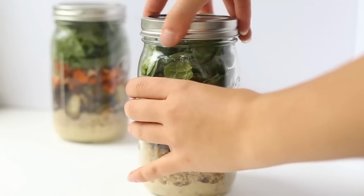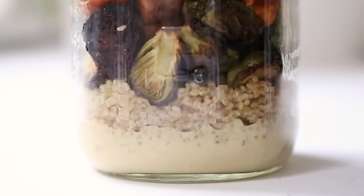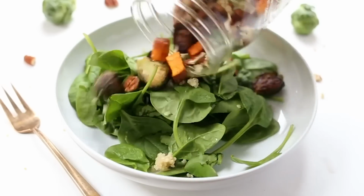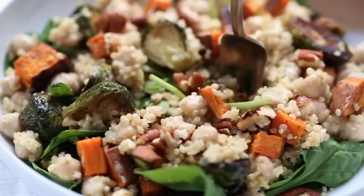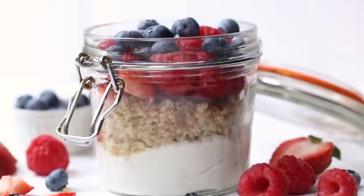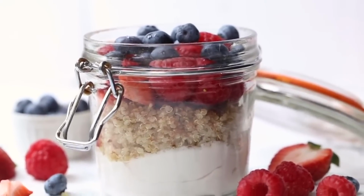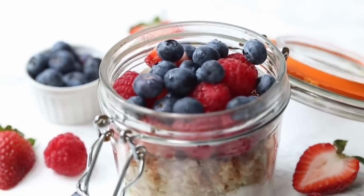So I personally use mason jars in my pantry to store things like nuts and seeds and grains and things like that, but I also use them for food storage and for food prep. I love the giant mason jars, like the quart-sized mason jars for things like soups and smoothies. I love the smaller ones for things like dressings or little snacks. I also do overnight oats in them. I do overnight quinoa. I do cooked quinoa. I do chia puddings. I use mason jars all the time for meal prep, and I think that they are